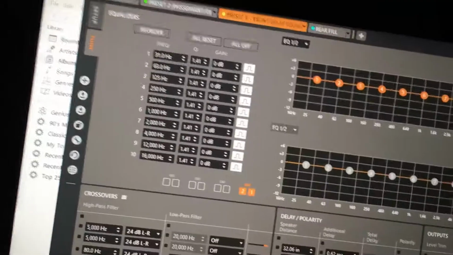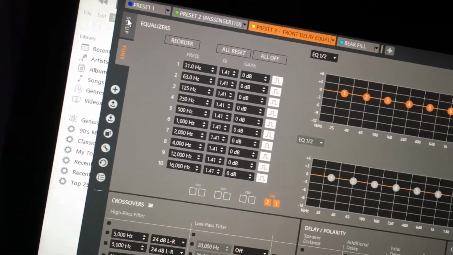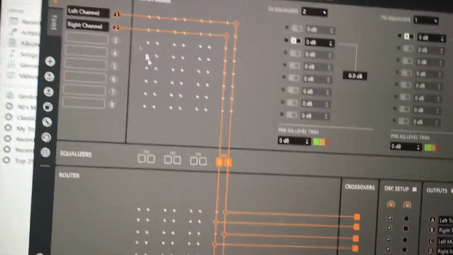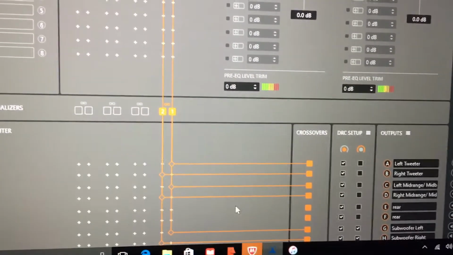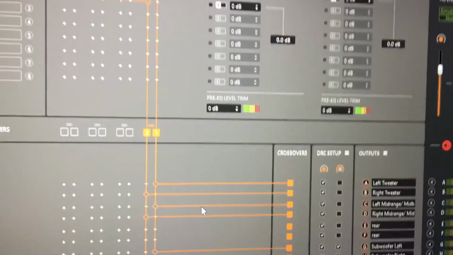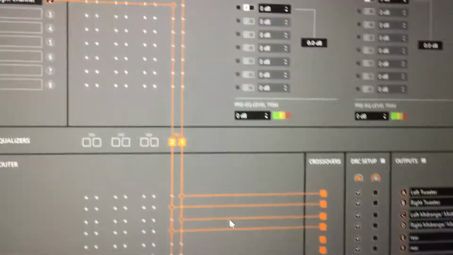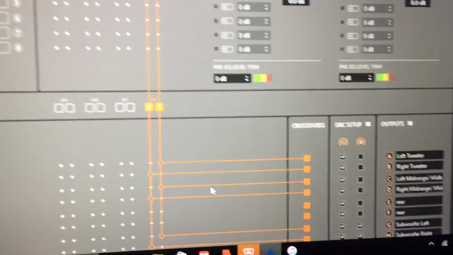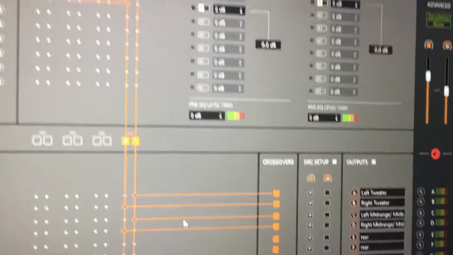Let's go back to the signal routing under setup. Now you can see the routing's been taken away. So just as easy as that, just by duplicating the preset, adding the routing, adding rear fill, adding the crossovers, in a matter of a couple minutes, I created my new